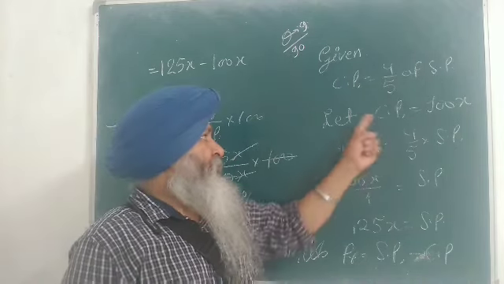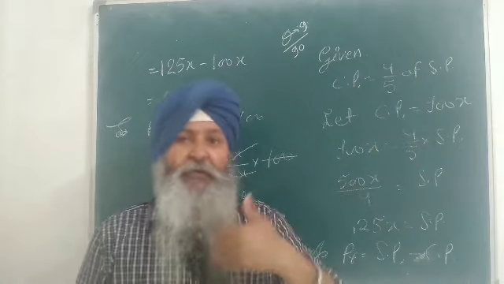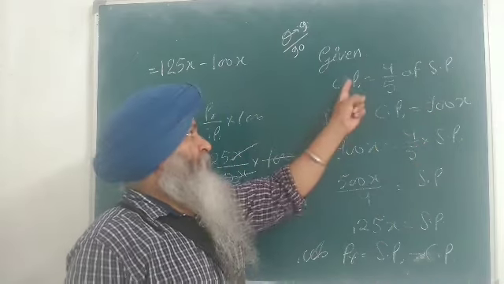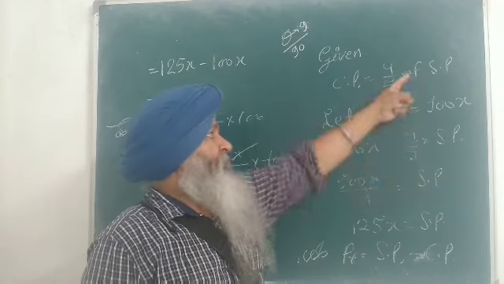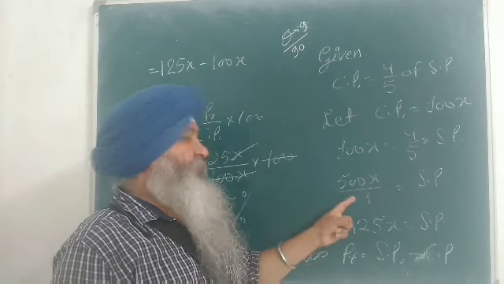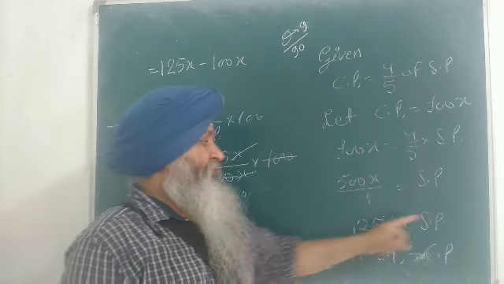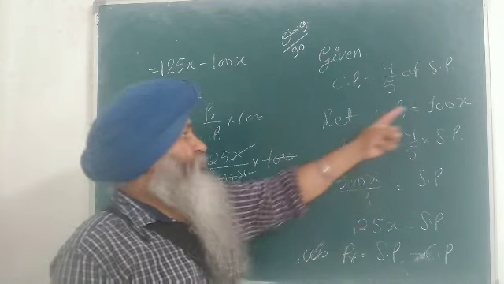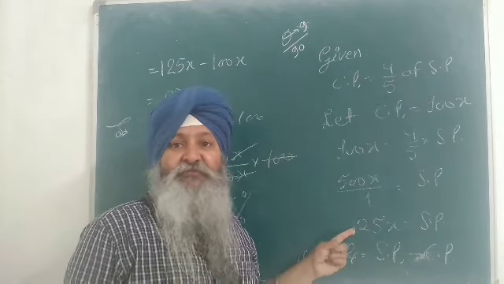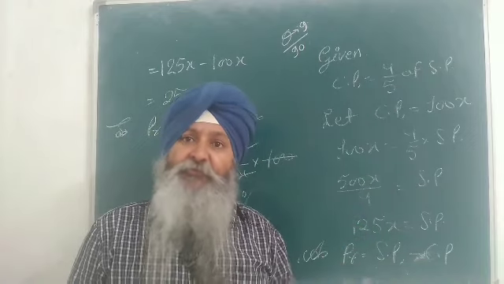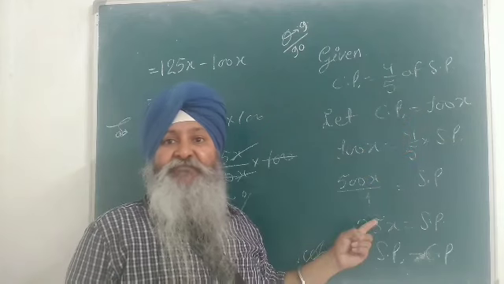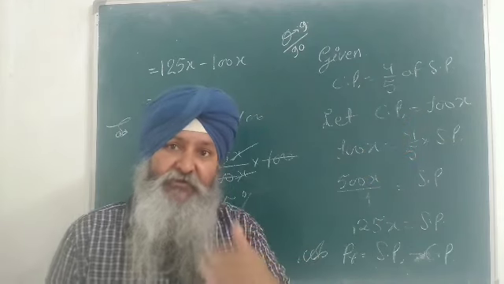So let me assume cost price is equal to 100x. You know my habit is that I never assume x, I mostly prefer 100x. So cost price is 100x, and SP is 5/4 of it. This 5 gets multiplied, this 4 goes to the division. It is 125x. So now I assume cost price is 100x and my calculation says selling price is 125x. So naturally this is the case of profit because we are getting more. We are giving 100x and getting 125x, so we are getting a profit.